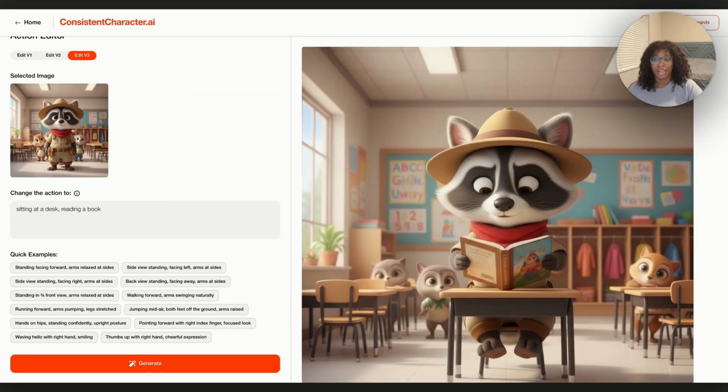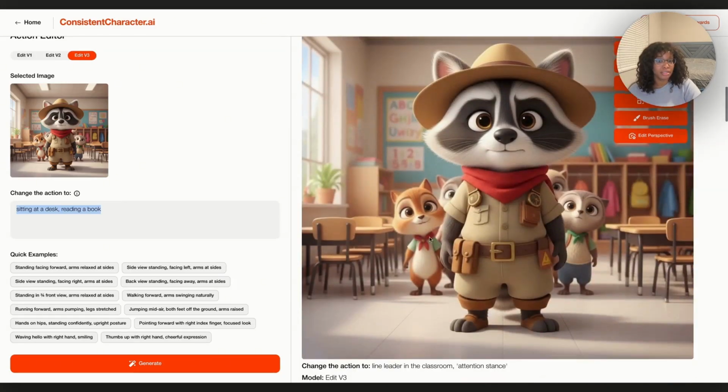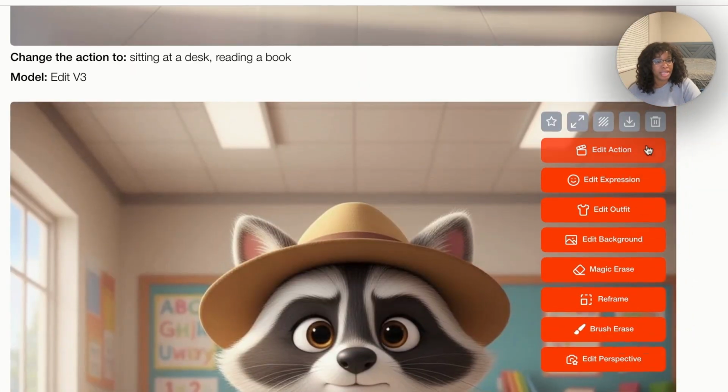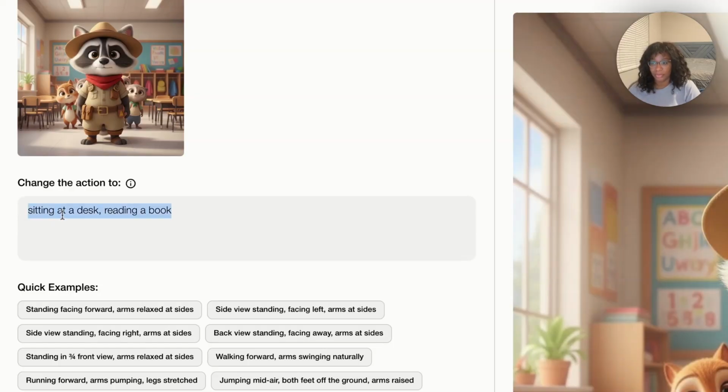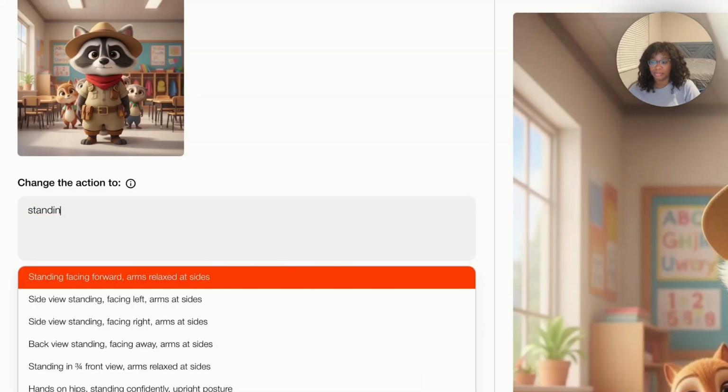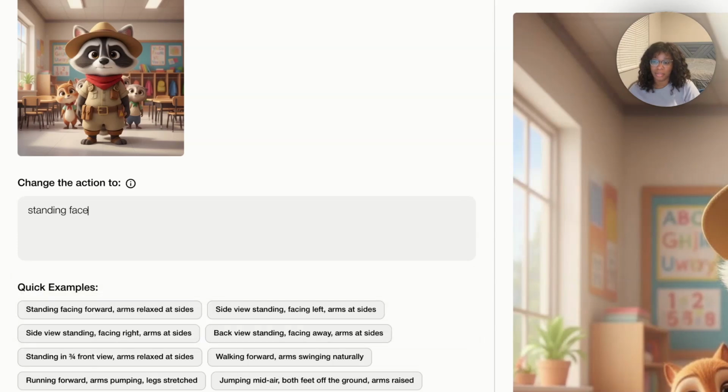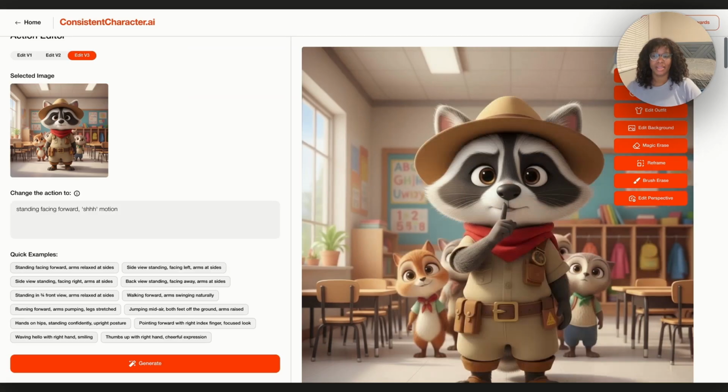All right. And let's do one more. Let's go back to the attention one and let's say action. Let's do standing, facing forward. I don't know. Motion. All right. So even though I didn't know exactly how to word this correctly, it still understood what I